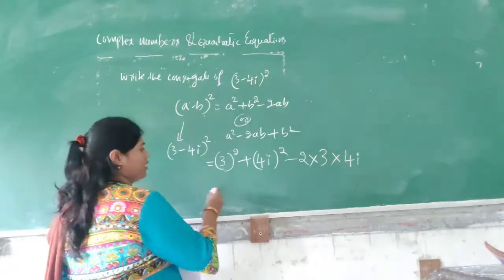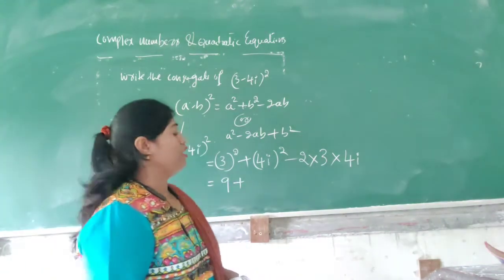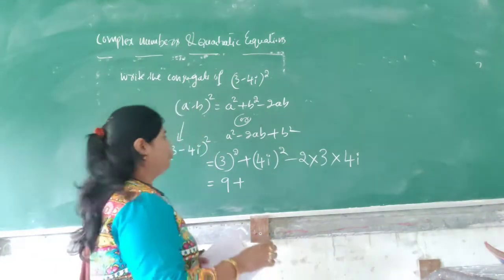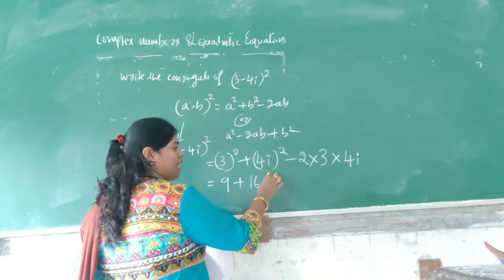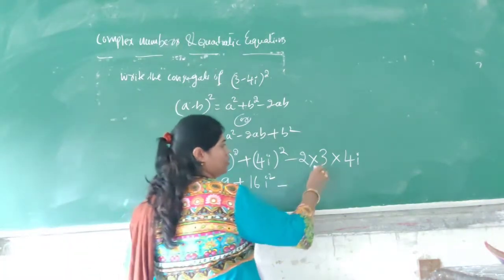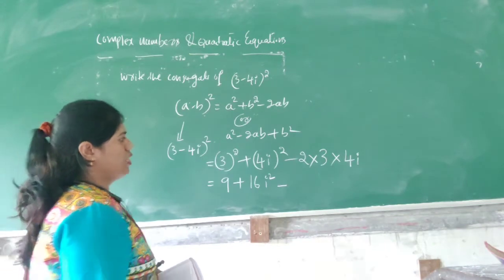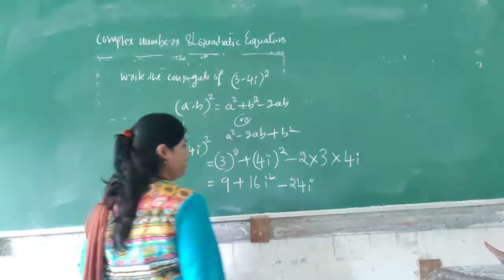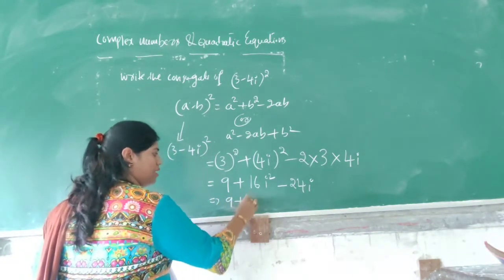So what is 3 square? 3 square is 9 plus (4i) whole square. It means 4i into 4i. 4 4s are 16, i into i is i square, so 16 i square, minus 2 3s are 6, 6 4s are 24i. So this one is 9 plus 16